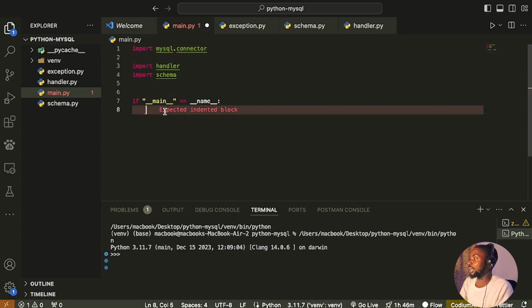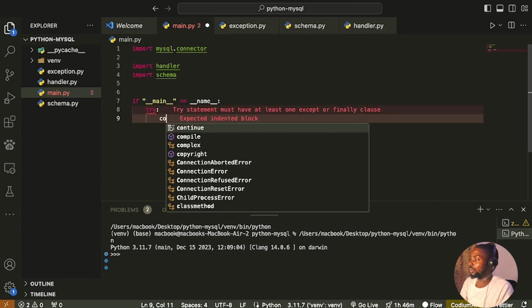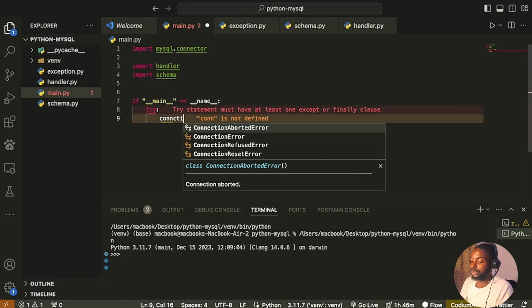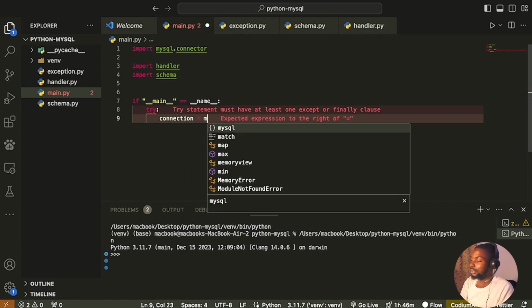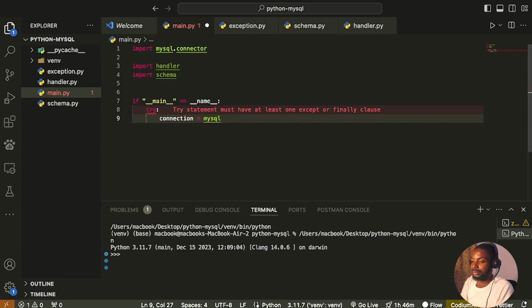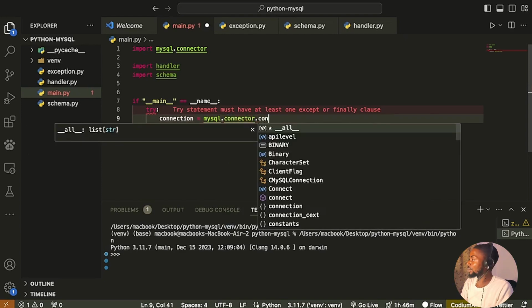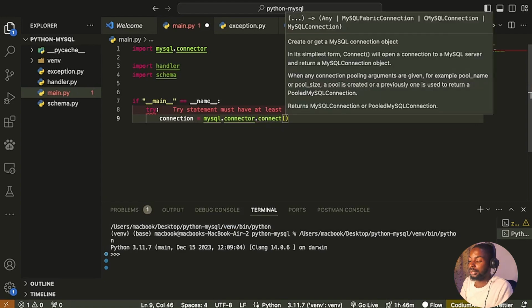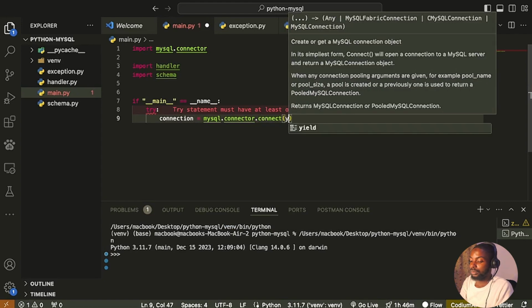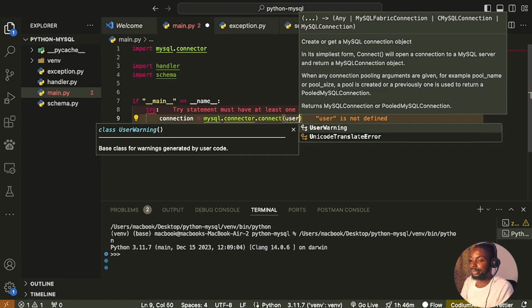So now how do I connect to the database? So I'm going to say try, and I'm going to create a connection. I'm going to call that connection. And to create a connection with my MySQL, I'm going to say mysql.connector.connect. So for this connect, I'm going to provide some variables, some arguments like what is the user name that